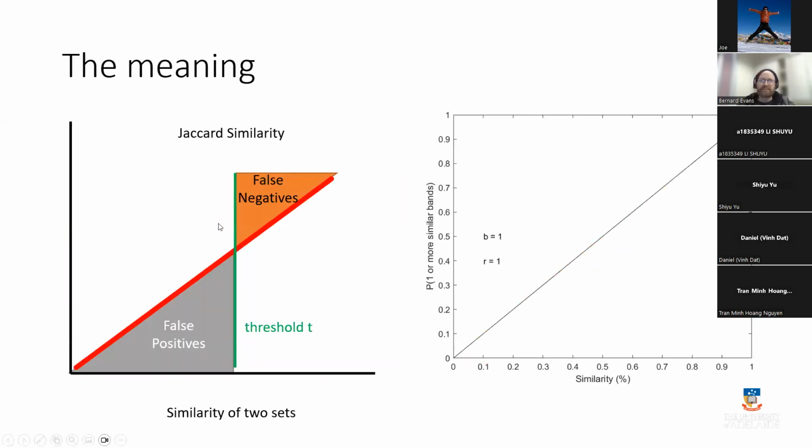And what we can see here is that if we think of it this way, if we have some threshold T, the false positives are going to be when,